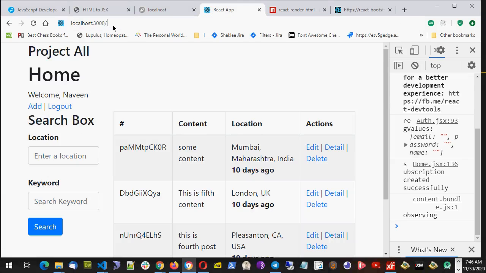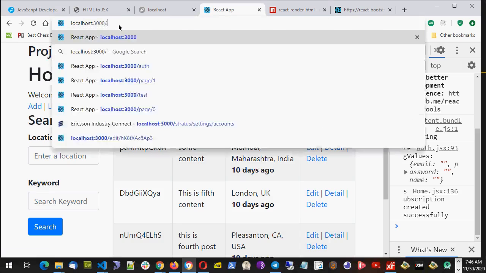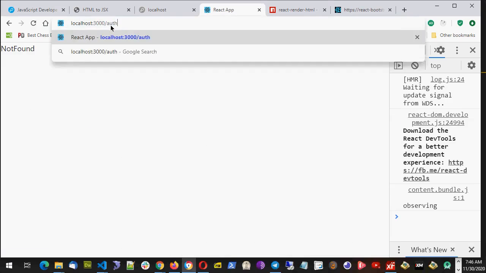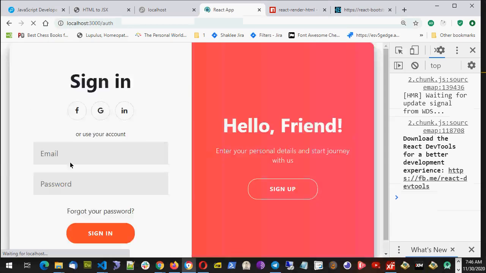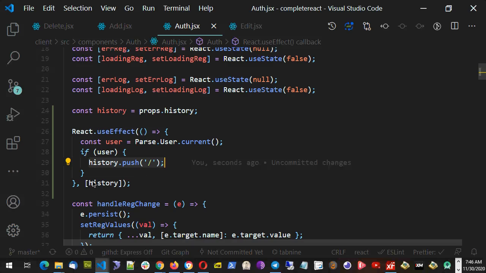So I will change the URL to auth again. So you will see the user is redirected to the home page. You will also see a small bit of the page for a few seconds before it redirects to the home page. That also can be prevented